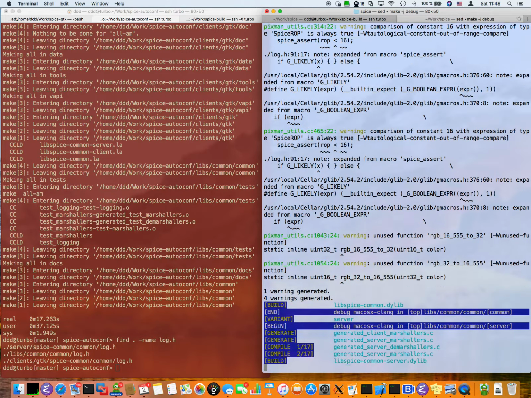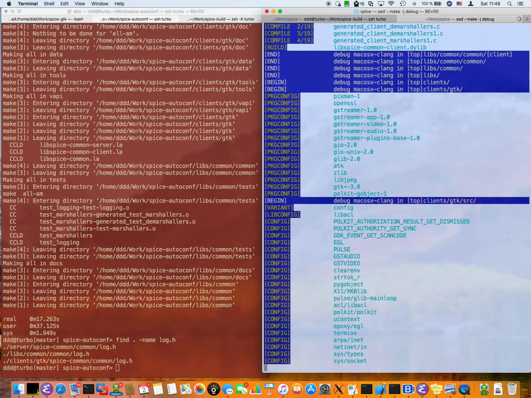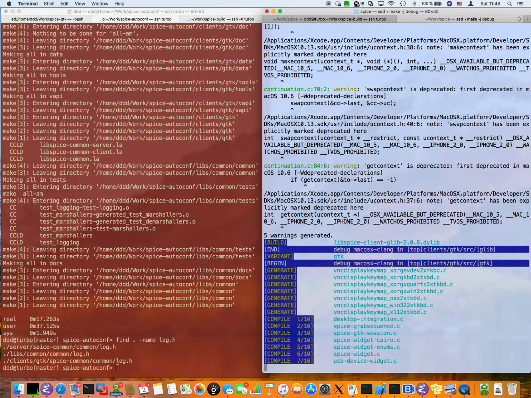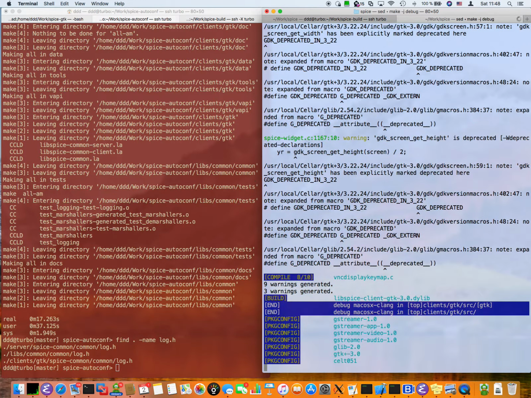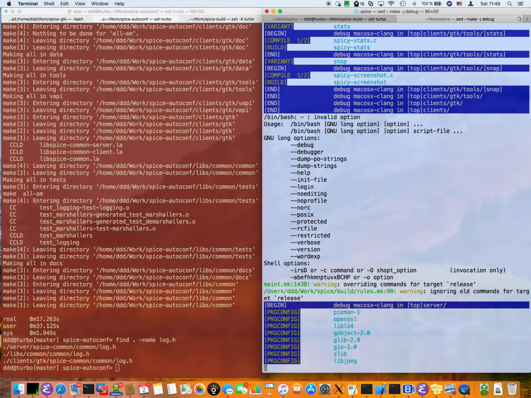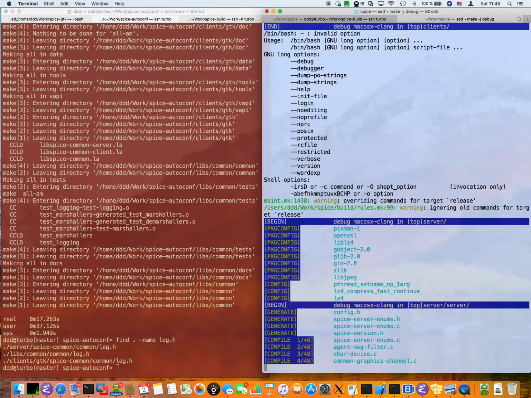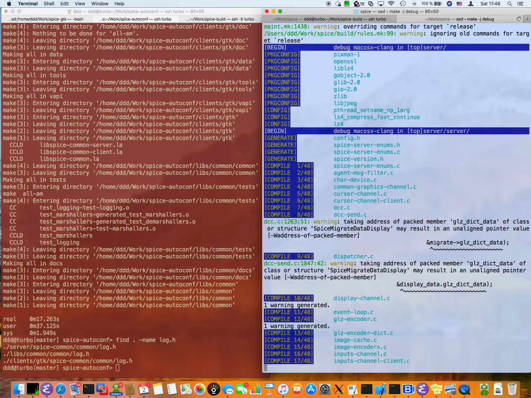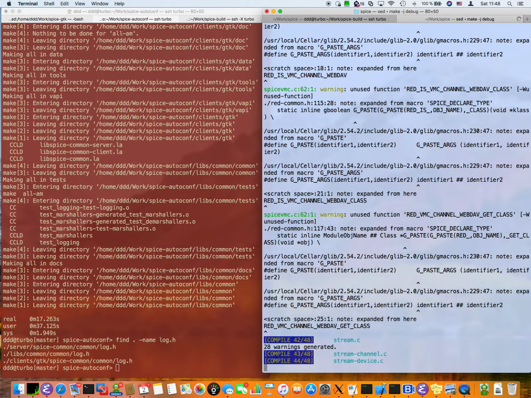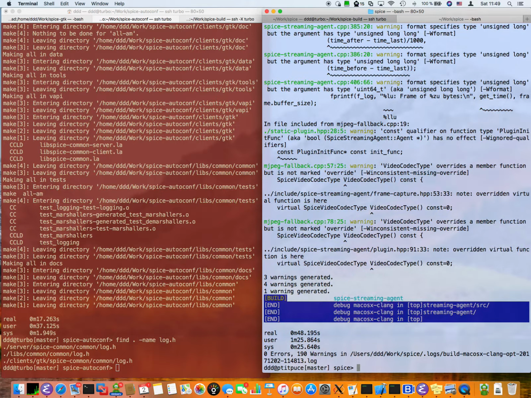I'm not done adjusting SPICE itself, so SPICE itself will not compile yet. So the compilation is slower on this machine. It's a laptop, macOS laptop, so it's much less powerful.